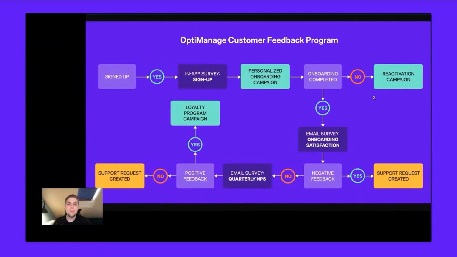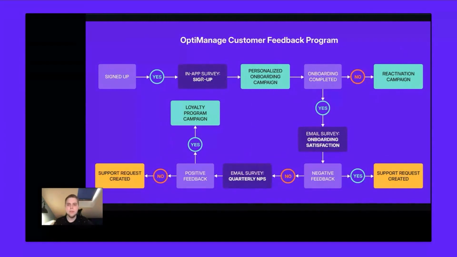Hi everyone, my name is Sergey and I'm a product manager at Survicate. I'm here to show you how Sally brings this story to life to help you visualize all this better. Sally will be taking full advantage of the multi-channel capabilities of Survicate, meaning she will be using a web survey as well as an email survey. However, it is also possible to use mobile app surveys, but we will be touching on the web and email surveys today. First, we will talk about the sign-up survey